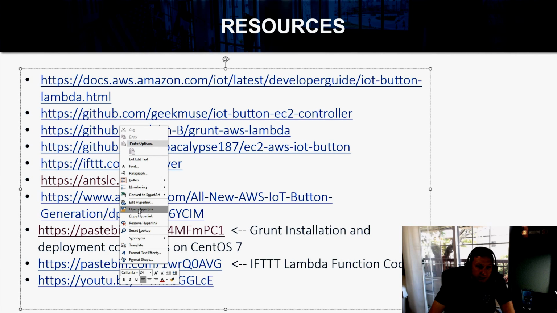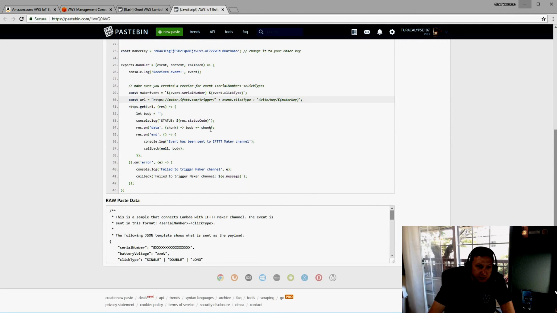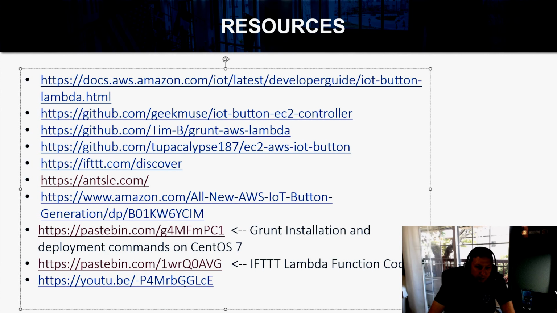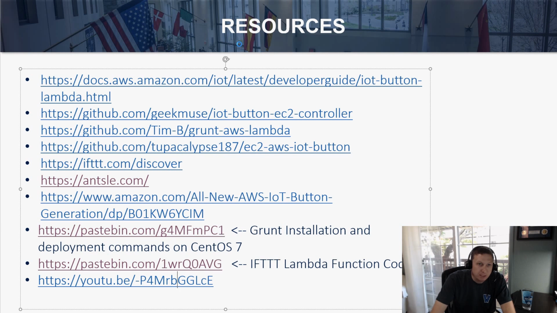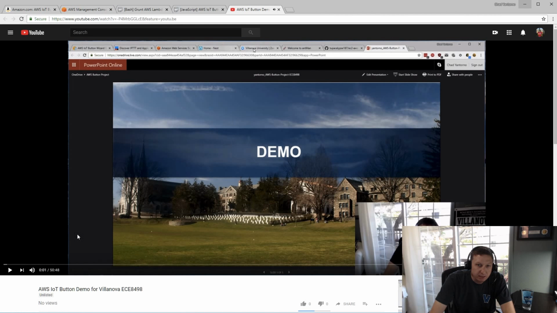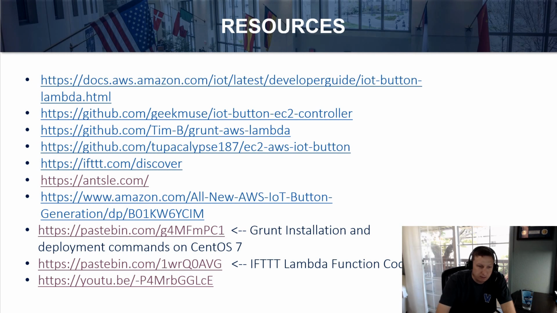This code talks about the long pressing, and this code is used for my Lambda. And now the final part, I have my demo, which you can go right here for, and you can watch the long version of my demo. It's on YouTube, and it's 50 minutes, and you can go through the entire thing and watch me do it. For the last part, that's my demo,